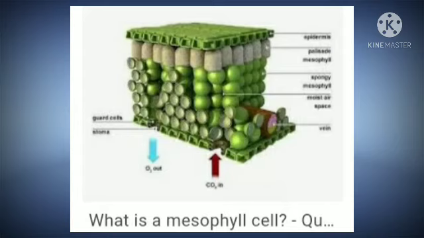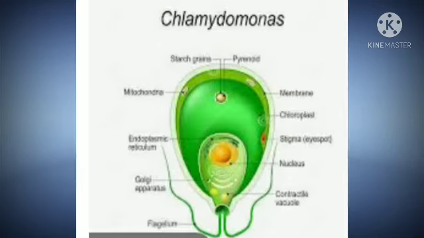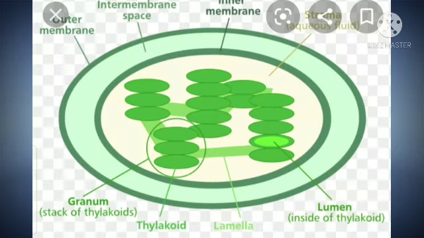Mesophyll cells are present between the upper and lower epidermis of leaves. They are usually oval or spherical in appearance. Its length and number varies. Single chloroplast is commonly seen in Chlamydomonas. The structure of chloroplast shows double membrane bound envelope. Inner membrane is less permeable.